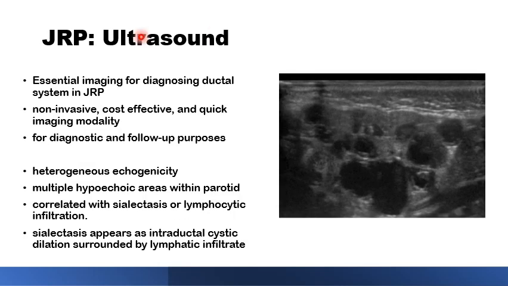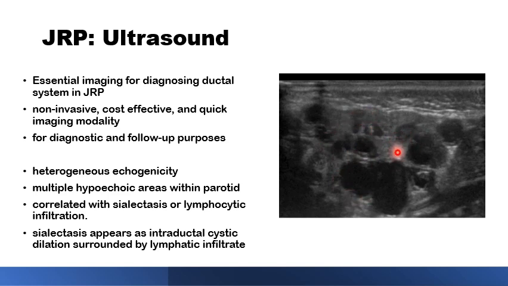To confirm the diagnosis of juvenile recurrent parotitis, ultrasound scan is essential. This is the number one imaging modality chosen in this condition because it's non-invasive, cost-effective, and a quick imaging modality. It's useful in the diagnosis and also for follow-up purposes. The basic criteria are an enlarged gland and heterogeneous echo, with multiple areas of hypoechoic foci, always millimeters, like 1 or 2 millimeters in diameter, surrounded by